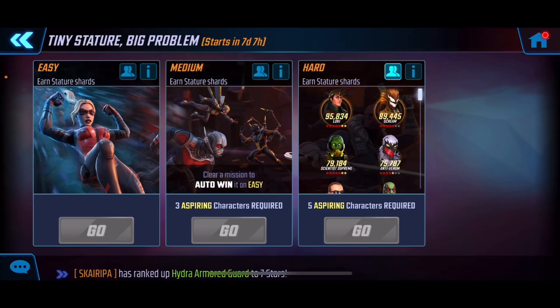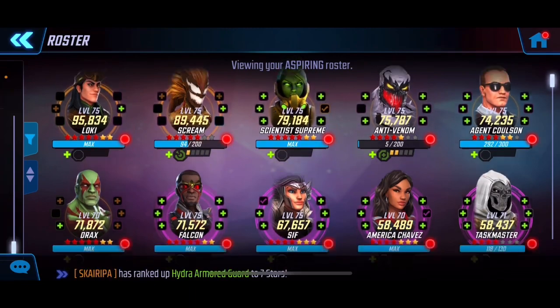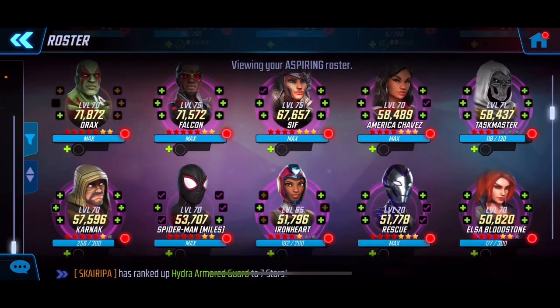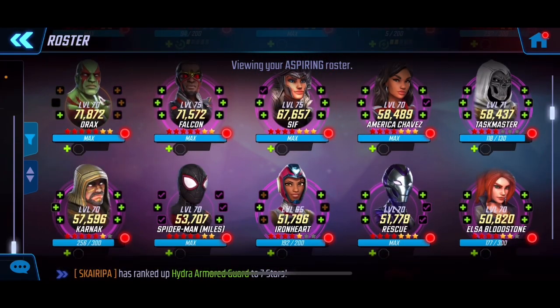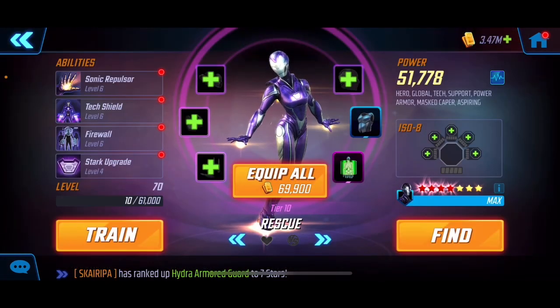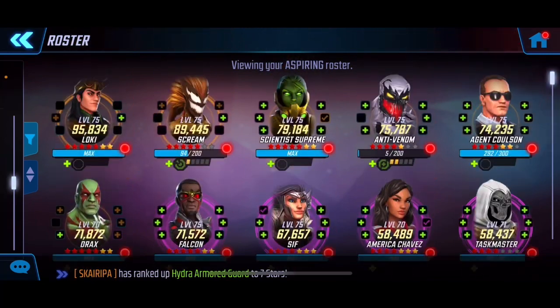And essentially, to do that, you want to make sure you can get those characters up. I think right now there's not really a crazy amount of synergy, but definitely for sure there's a good mix of the power armor crew here. So probably a good little combo there between Ironheart, Falcon, and you've got Rescue as well. And yeah, there'll probably be some synergy there, but I'll probably stick with Scream and Anti-Venom since I've been spending